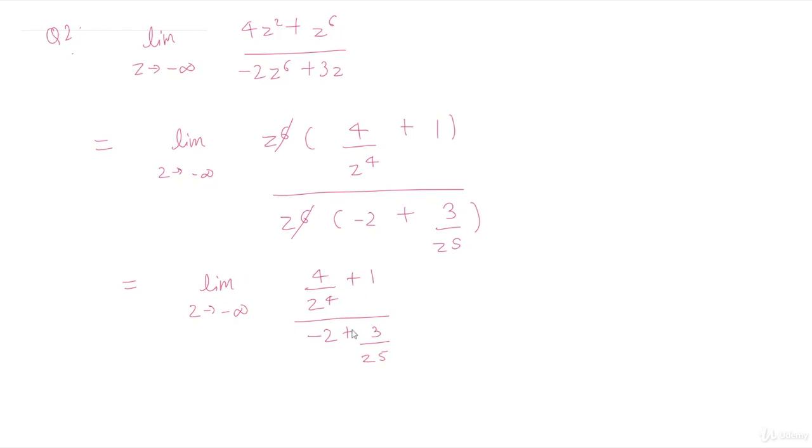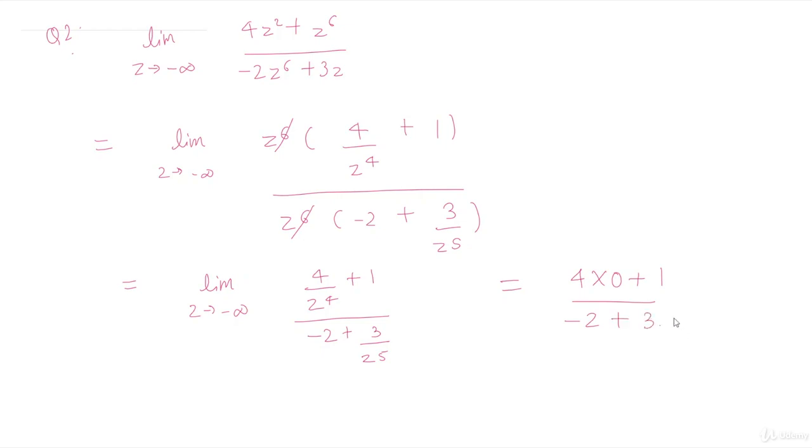Since z approaches minus infinity, z to the power 4 will approach infinity, right? So 1 by z to the power 4 will approach 0. So now this will come as 4 into 0 plus 1 over minus 2 plus 3 into,